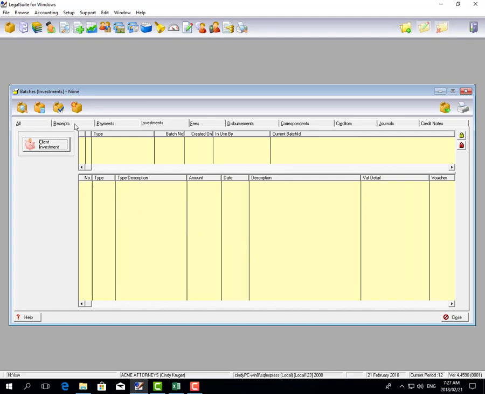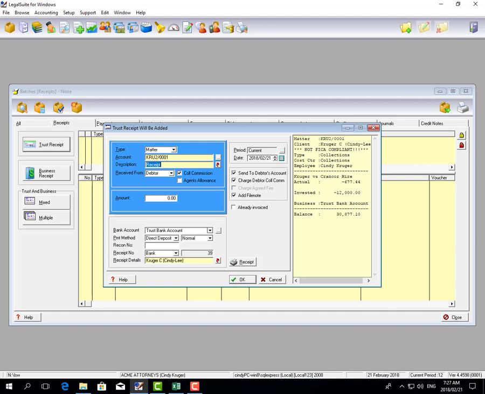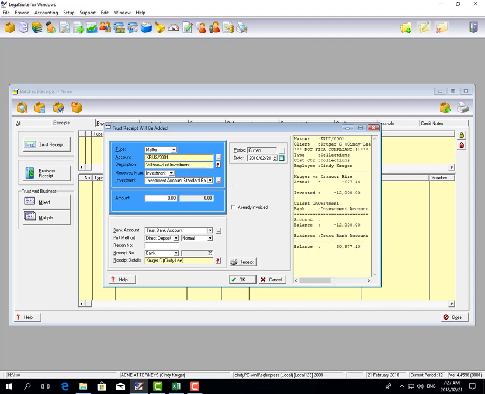So how do we uninvest the funds? So withdraw the funds from the investment account. You'll go to Receipts, you go to Trust Receipts, and by matter we're going to fill in our matter here. So you can say withdrawal of investment, and we're going to say receive from the investment account, and you'll see it automatically fills in the investment account for this matter. If I simply say 12,000 Rand, this figure next to it will be 0 because there's no